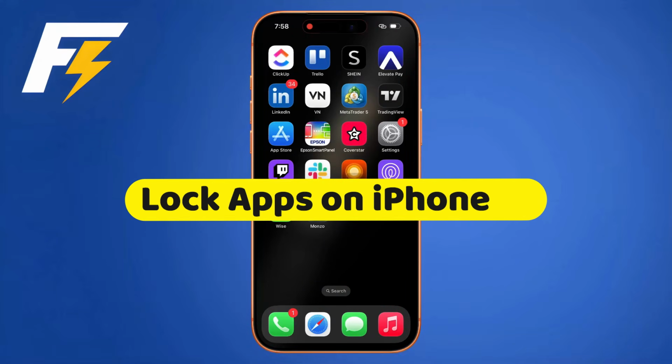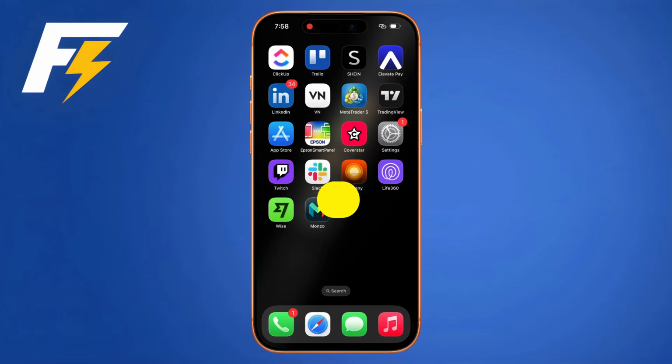How to lock apps on iPhone 17. Looking for a quick and easy way to lock apps on your iPhone 17 and add an extra layer of privacy? In this video, I'll walk you through the exact steps to protect your apps with Face ID, quickly and